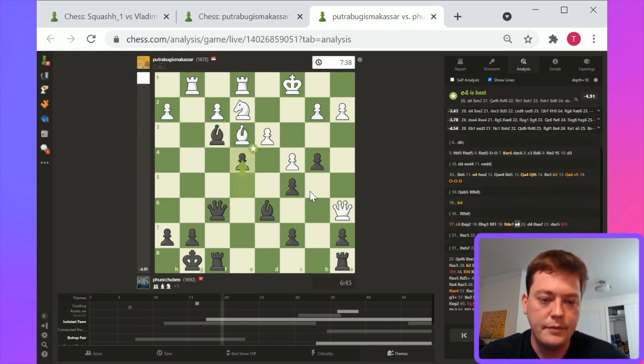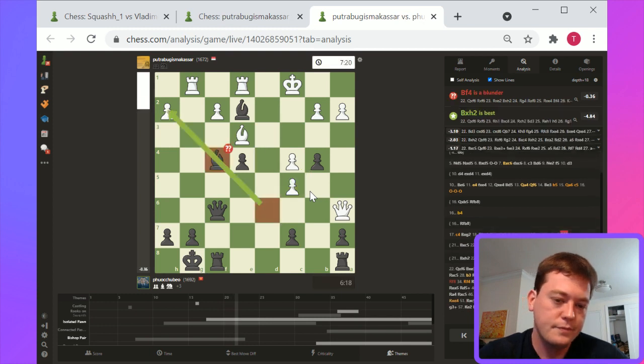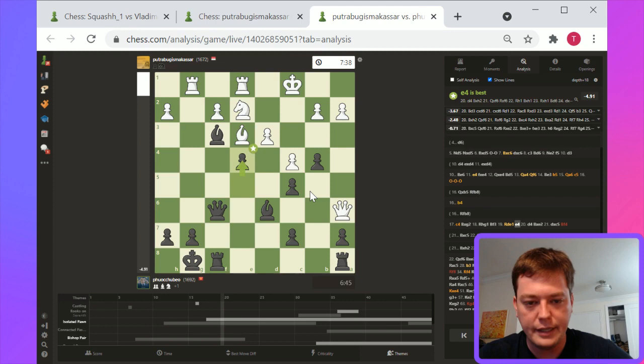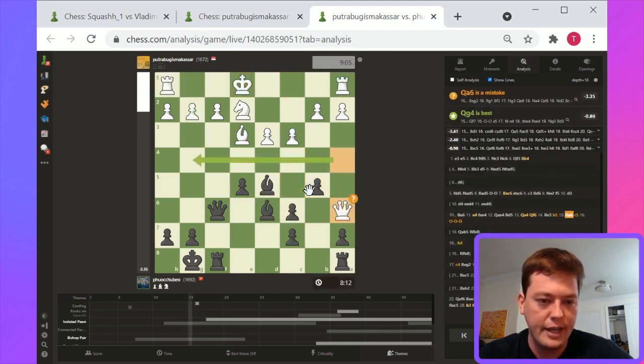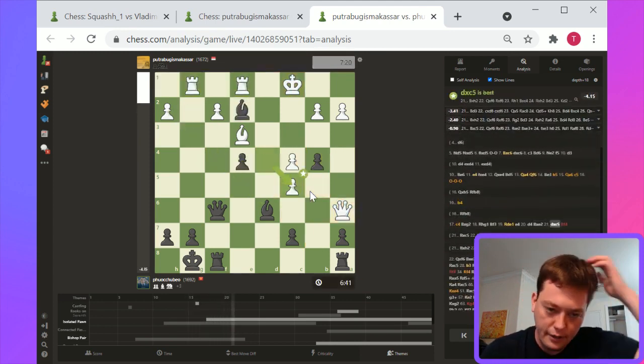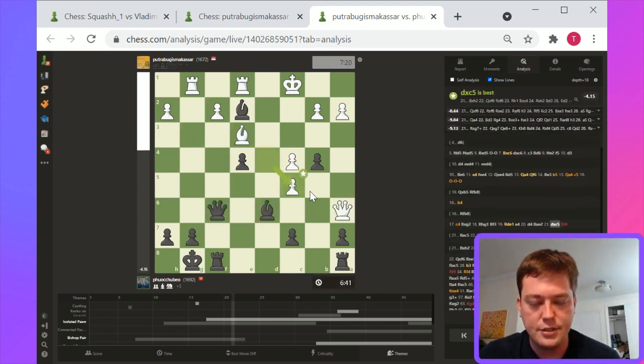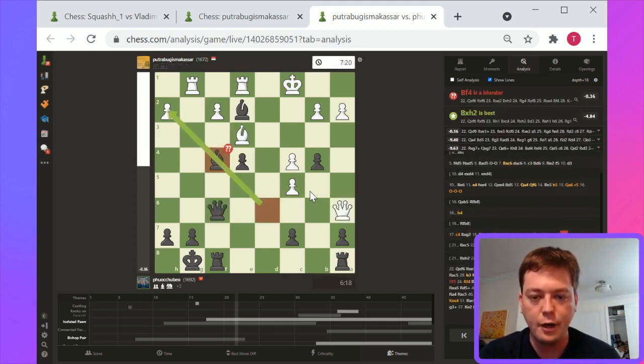Rook E1, E4. Yeah, then bishop takes H2. Overall, I think it's better for black. Going into the endgame, it's better for black, and there are a few tactical improvements. Bishop takes H2 is another, but I hope this gives a good framework for how to evaluate this